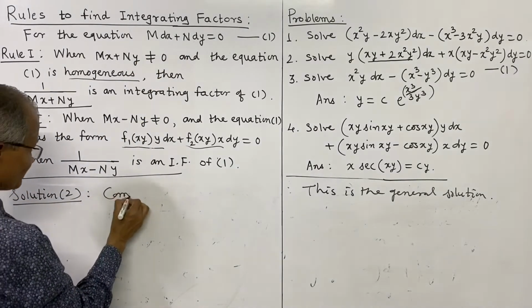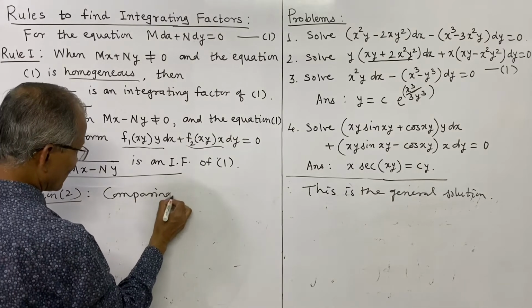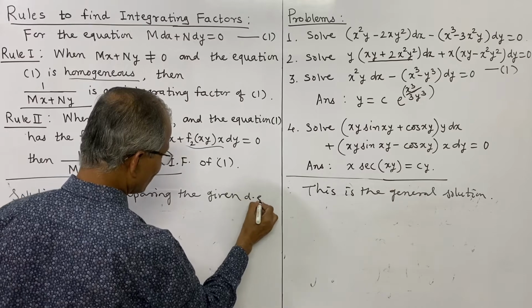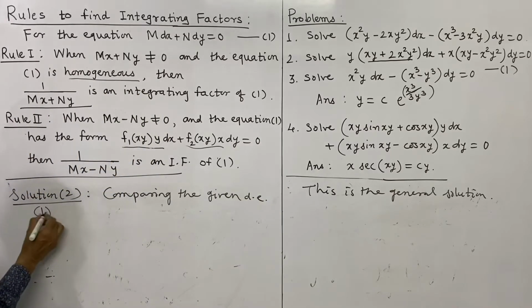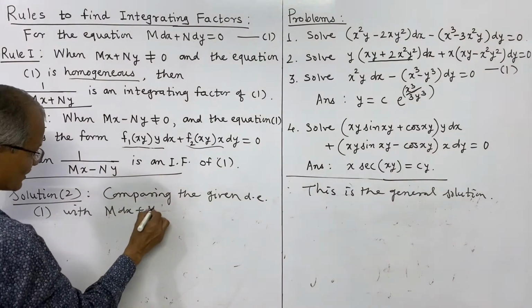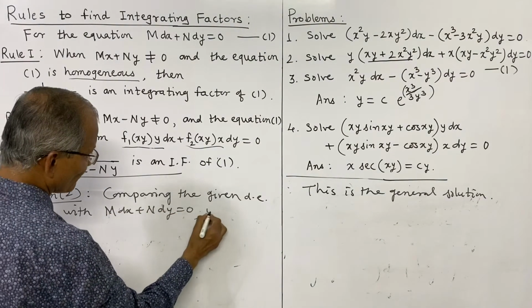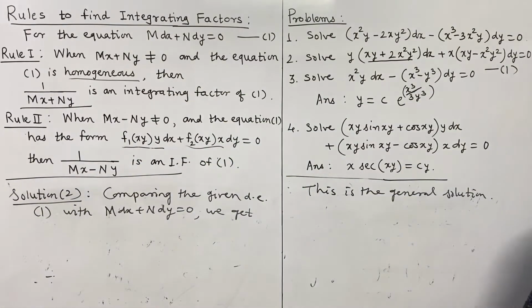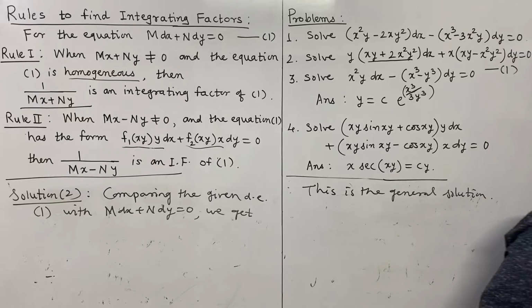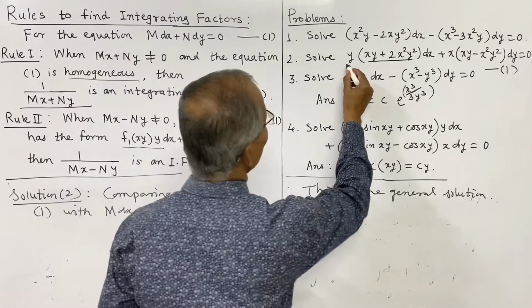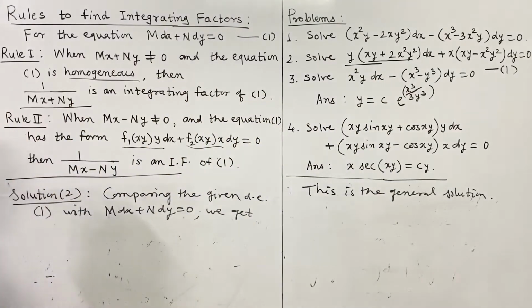So comparing the given d, which is 1, with m dx plus n dy is equal to 0, we get. Now you may see what is the value of m, coefficient of dx, and that is multiplied by y. So entire term we have to write correctly. So this much is m, and that is m is equal to